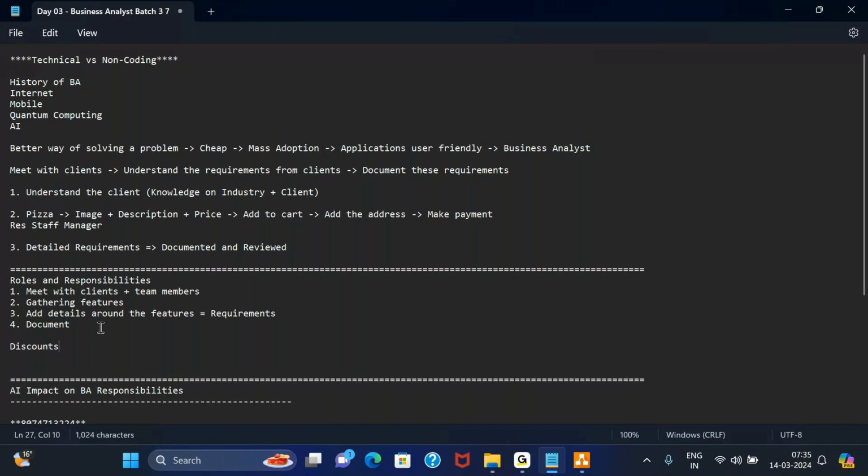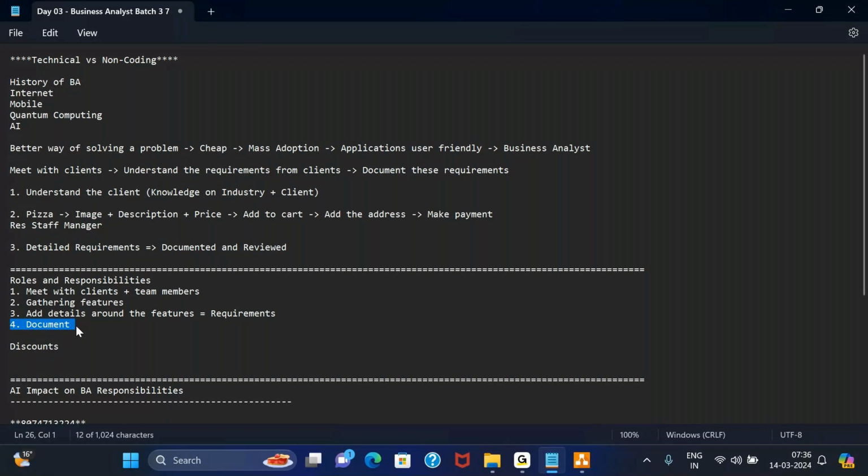Your entire software, I did not see an option to apply discounts. Whereas I want my customers to be able to apply discounts also. So when we have everything documented, instead of trying to argue with the client, see, eventually the client is paying us for creating the software. If there is no client, how are we going to get money?